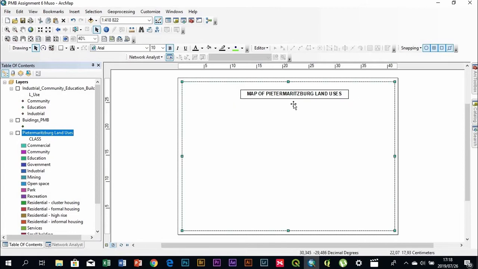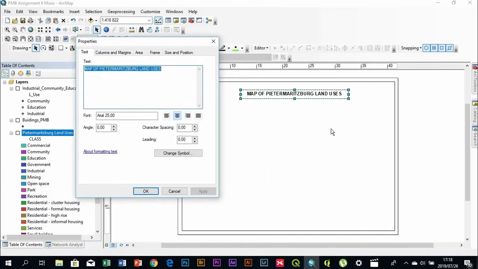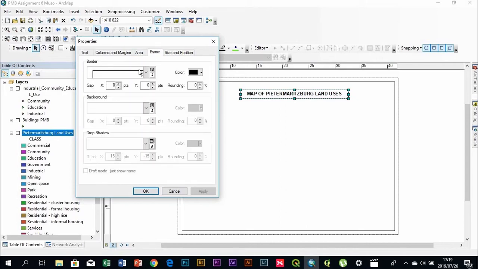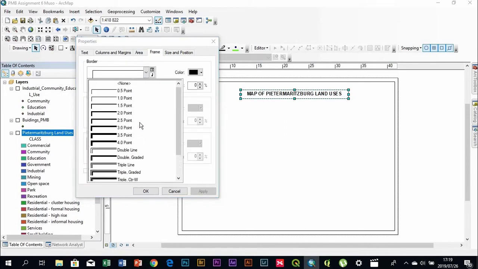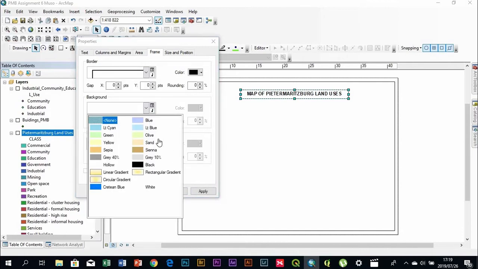Let's maybe resize it. So the advantage of actually using the draw rectangular text is I can have more leeway in terms of changing the background color. So when I come to frame, I can change my border size to 1.5. I can make my background sand,